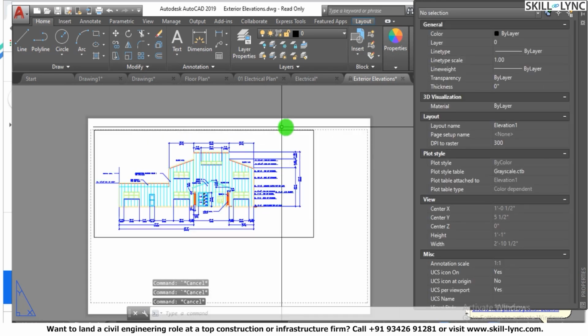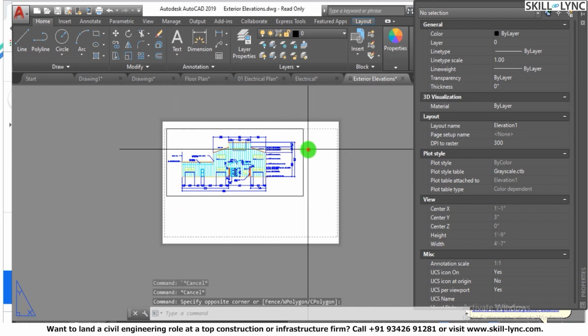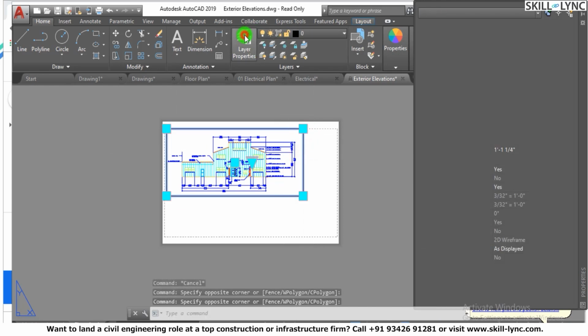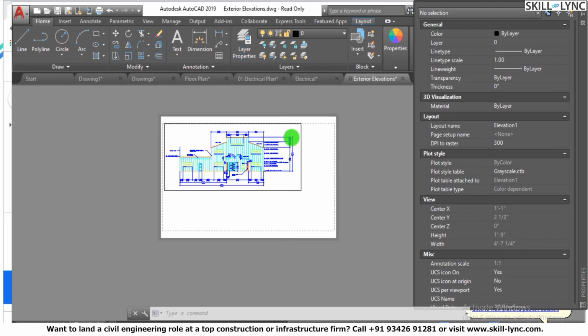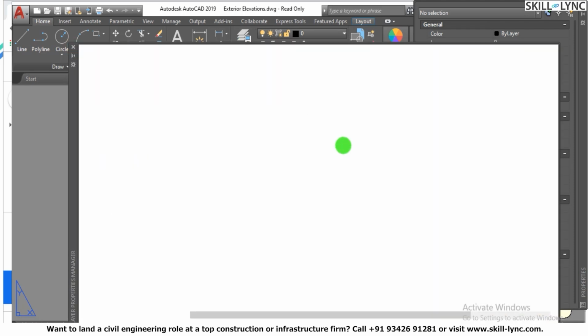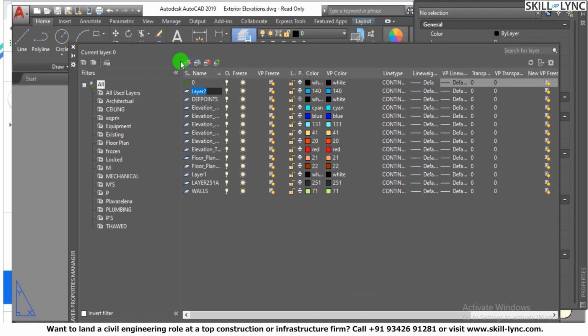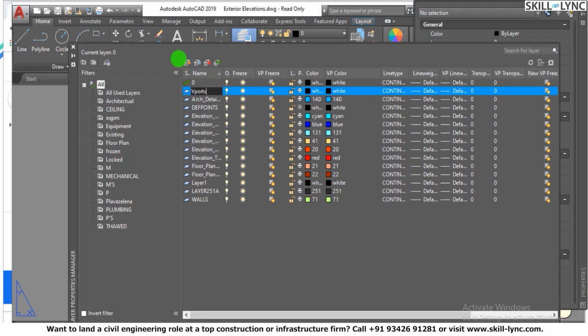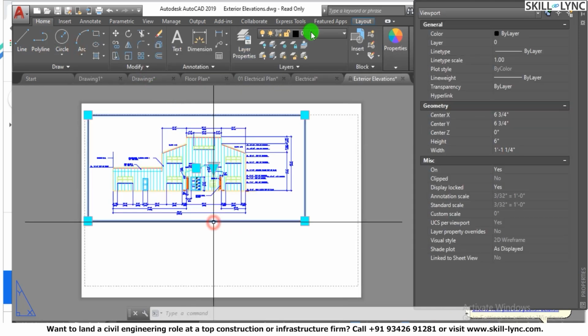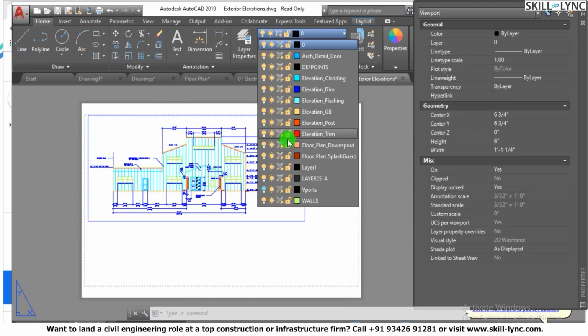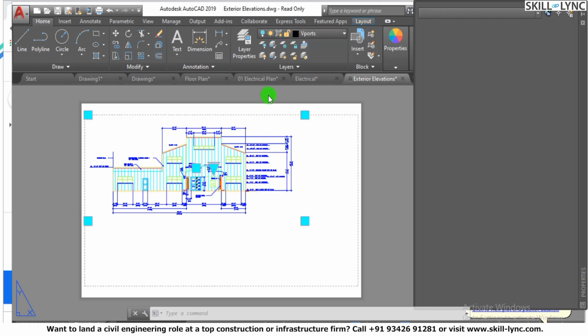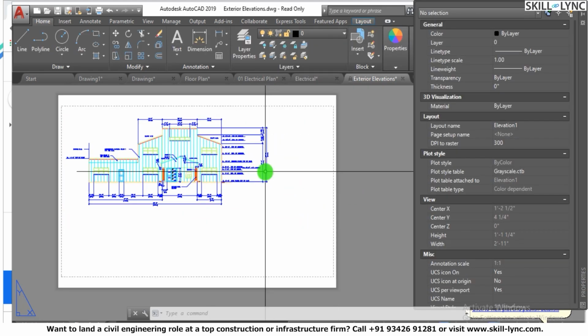So primarily, if you want to hide the viewport, what we were discussing is that we want to create a layer, a viewports layer. So I have this viewports layer, and specifically I want to turn it off so that the viewports are not displayed while I am printing it. So this is off. So this is how we start working on a sheet. So you have elevation 1, and then you can have elevation 2,